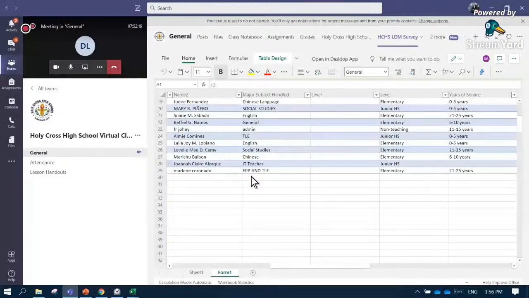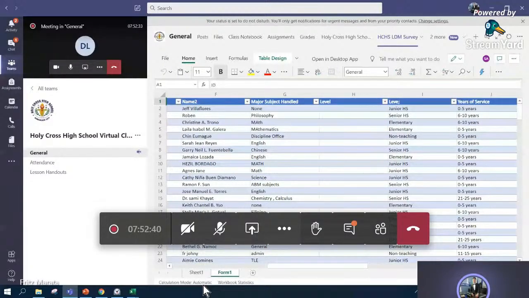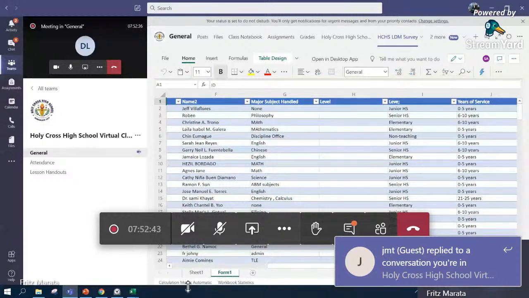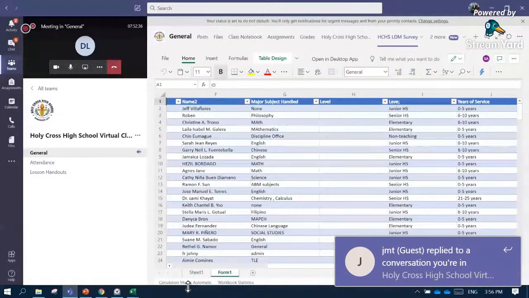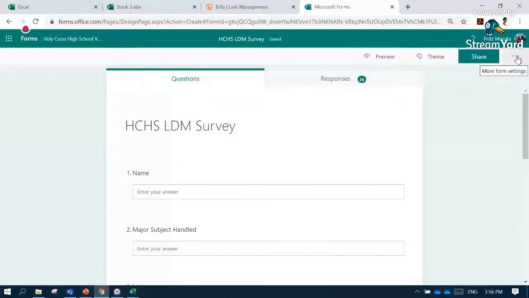So this time, for me to use this as our source data to utilize the three features, I am going to make this form unavailable now, or stop accepting responses. So how to do that? You can go back to the form that we have created, and then in the ellipsis next to Share, you click that and click Settings.